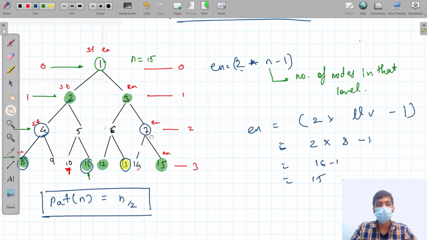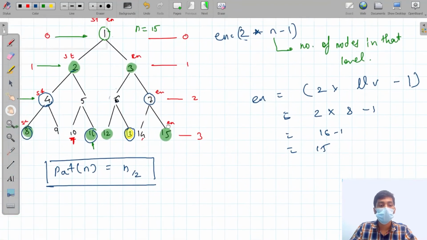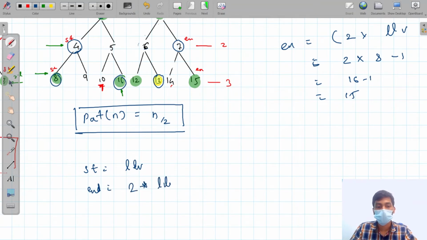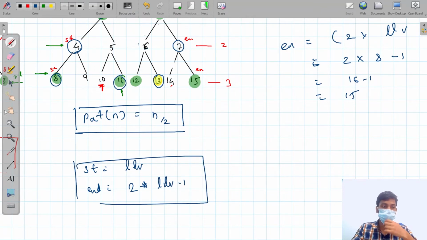So from this we are able to derive two more formulas. Those formulas are nothing but, first, the starting point is nothing but the last level value, and the ending point is nothing but 2 into last level value minus 1. These are two more formulas. Now